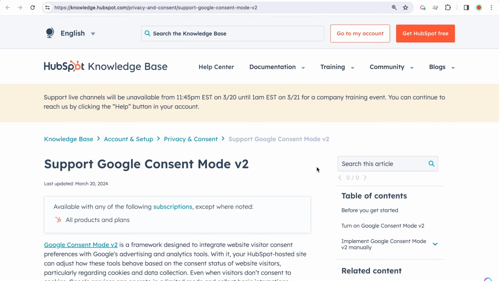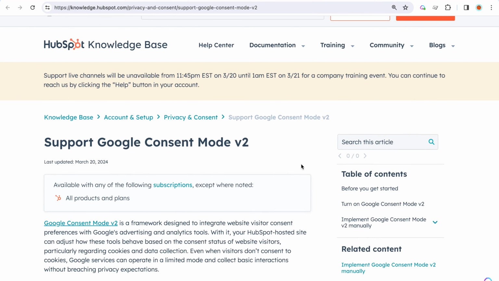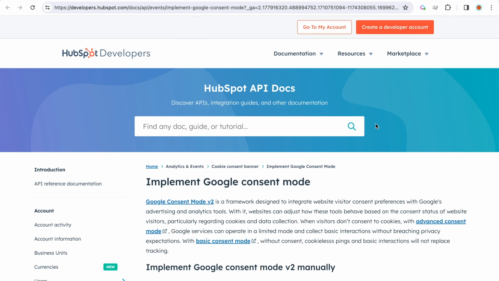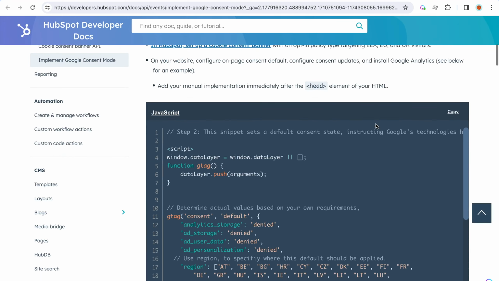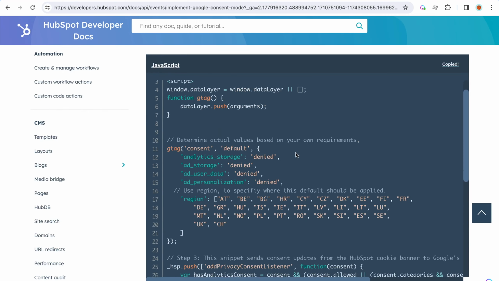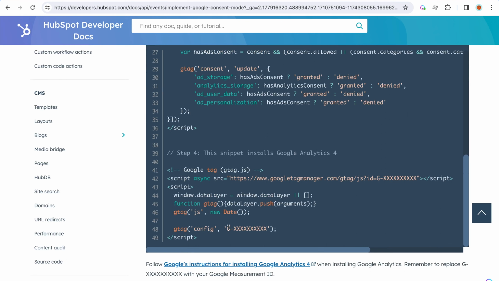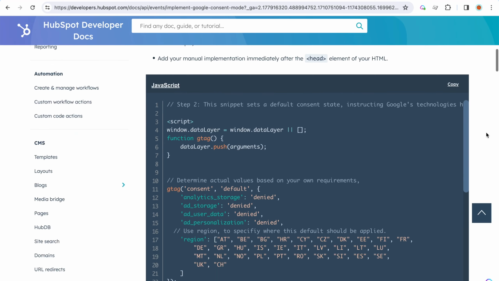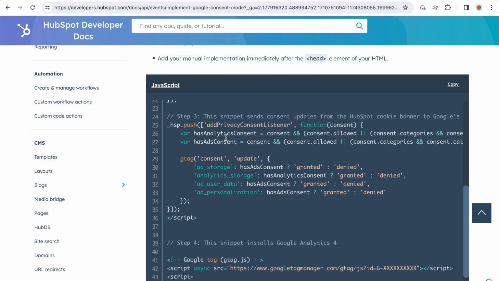The cornerstone file for your settings will be this support page, Google Consent Mode version 2. You need to scroll all the way down here in the Google Tag Manager section and implement consent mode manually. Because you will have to implement the code manually, you need to change your Google Tag Manager code. And this is something you want to copy. And by the way, don't forget to go down, down, down. Instead of these things, put your Google Tag Manager ID. In my case, I will show you later. But what it actually does: when the cookie is accepted, the access is granted, so the Google Tag Manager can